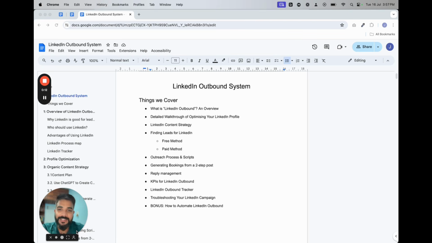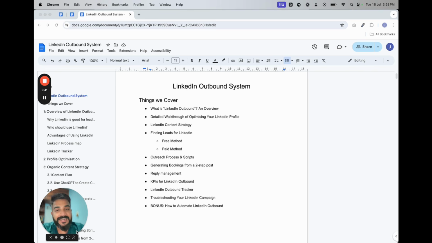In this course, I'll be covering how exactly to generate a massive number of leads through LinkedIn. I'll be covering what exactly this LinkedIn outbound system is, and I'll give you a detailed walkthrough of how exactly to optimize your LinkedIn profile. I'll give you my super secret LinkedIn content strategy that will allow you to generate months of content in one sitting, and how exactly to find leads on LinkedIn, the contact details and the LinkedIn profiles of your leads through various free and paid methods.